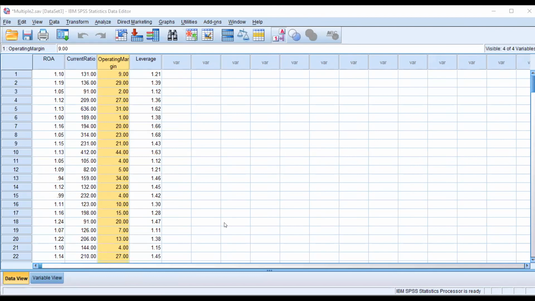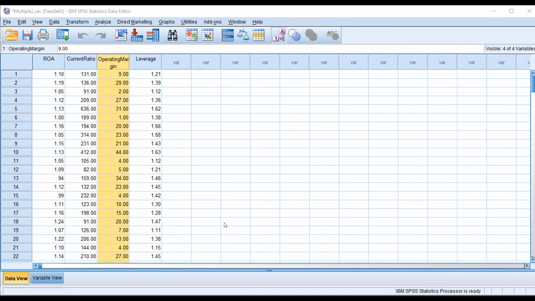If I want to do principal component analysis, just to prioritize our variables, then on the basis of this p value and this value, we will decide their importance. It means ROA is the most prominent factor that can influence the operating margin of the company. The second is leverage, which also significantly influences the operating margin.